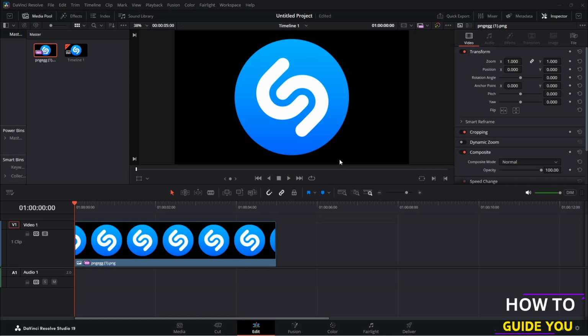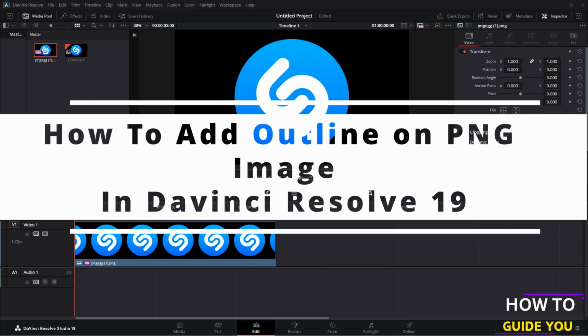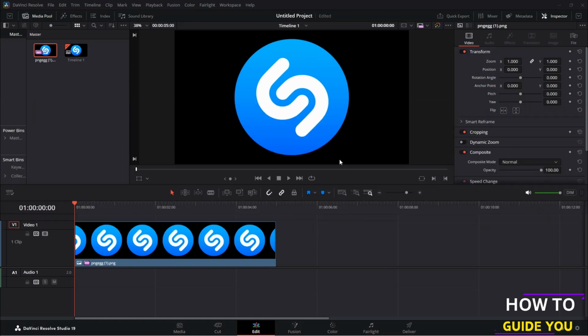The topic of today's video is how to add outlines on any PNG in DaVinci Resolve. Alright, so here we have the Shazam logo in a PNG, no background, and all we need to do here